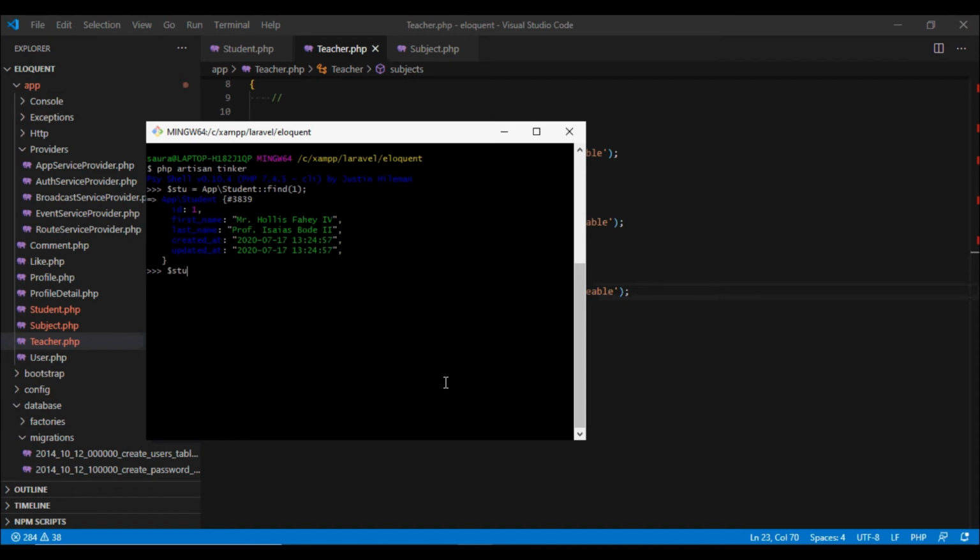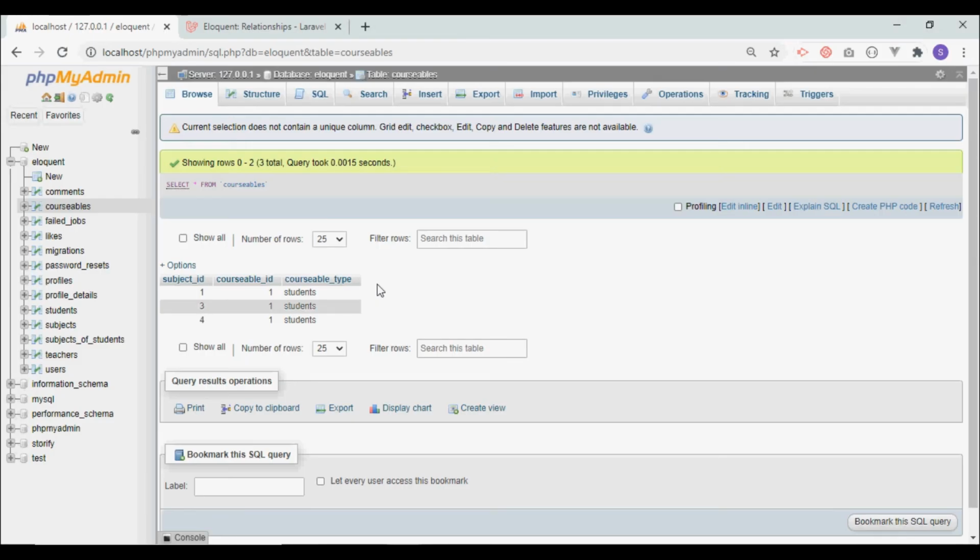So we are going to use subjects and then attach method. We know it can take a single value or it can take an array of subjects as well. So we are going to pass 1, 3 and 4, and now let's check in our database, and here we go. Subject 1, 3 and 4 are linked to student, which is having id 1.